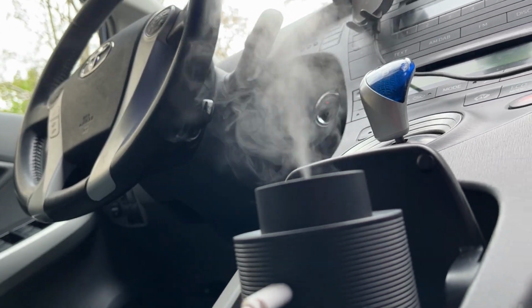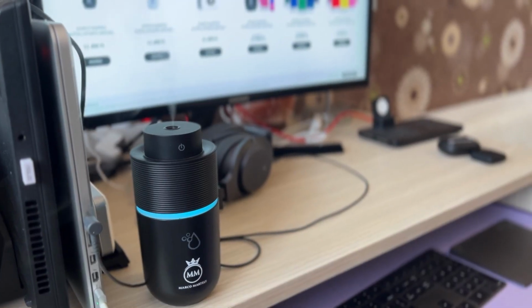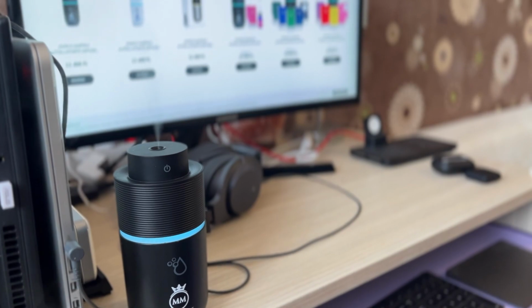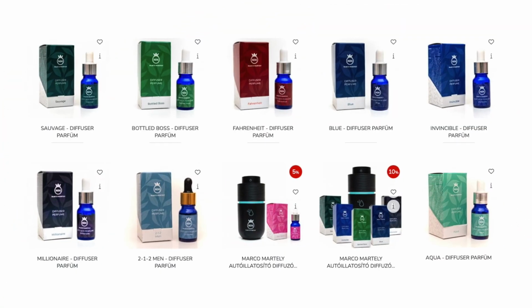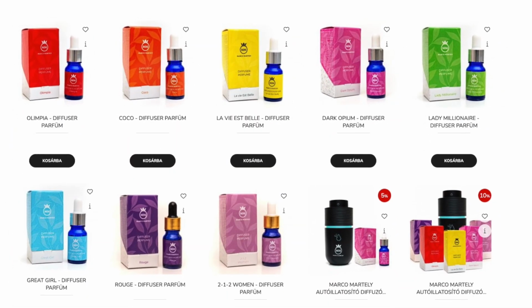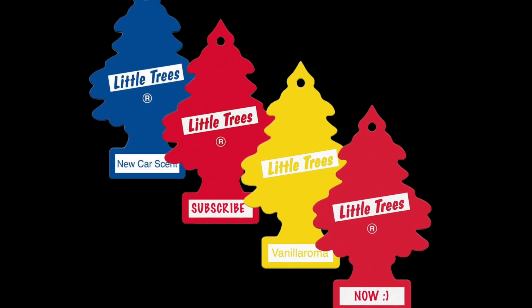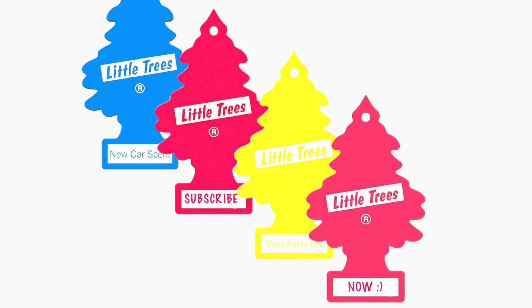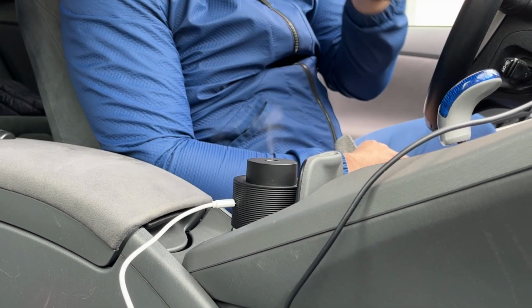ready to go. I like that it's portable, so you can take it with you on road trips or even use it in your office or home. But what really sets this car diffuser apart is the selection of different perfume scents that you can use. These scents are sophisticated and inspired by popular fragrances, so they definitely offer a change from the typical air fresheners found in stores. The quality of the fragrances is quite impressive, they are strong and last for a good amount